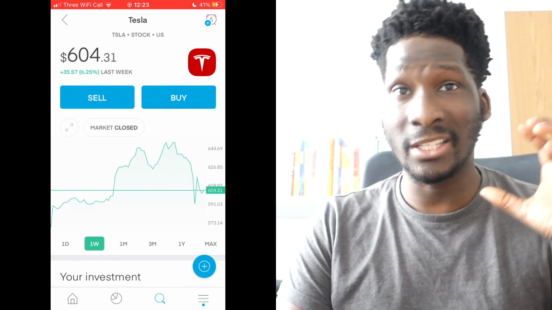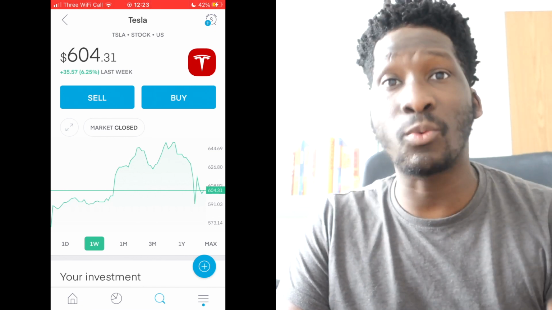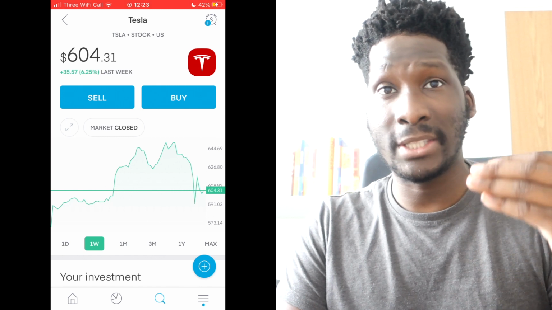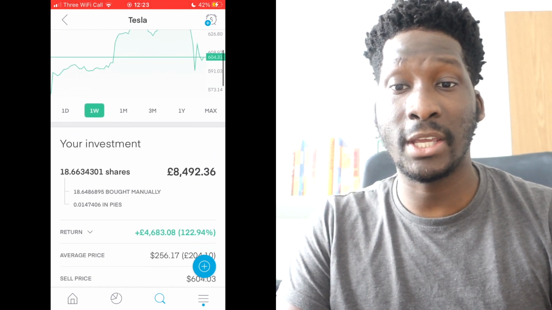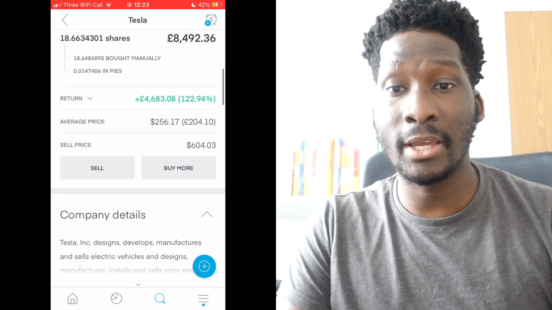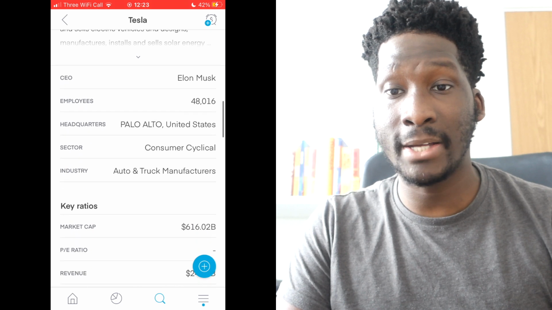What I actually like about this specific app is it gives you all the fundamentals. Yes, of course, you still have to do further research, but just on the platform, if you're looking at a specific company, it gives you all the data you need to understand what this company stands for. You can see the graphs, the history, and past performance, as you can see just here. So as you can see here, company details, CEO Elon Musk, they've got